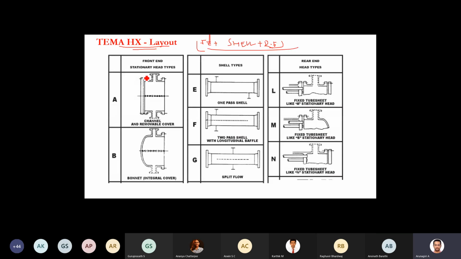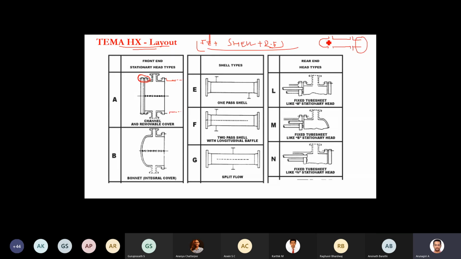If you see this portion, here you have dotted lines, which means they have removable joints. You can use the flange section in the component that can be connected by suitable bolt and nut arrangements. So this can be easily removed. The channel can also be removed from this because this is the front end. This side you have the cell, or you can define it clearly like this: this is one front end, this is your cell, this is your rear end.